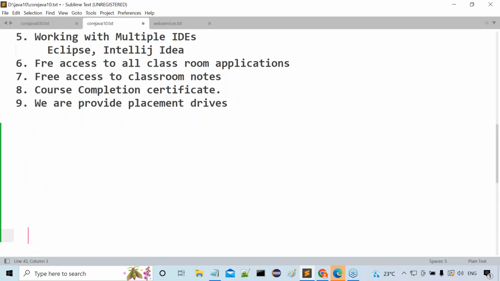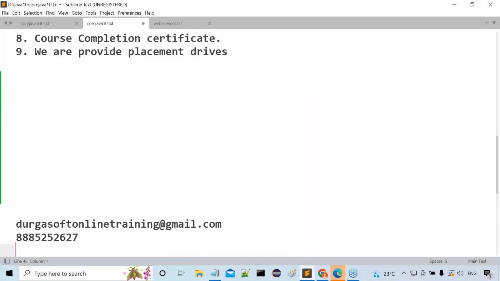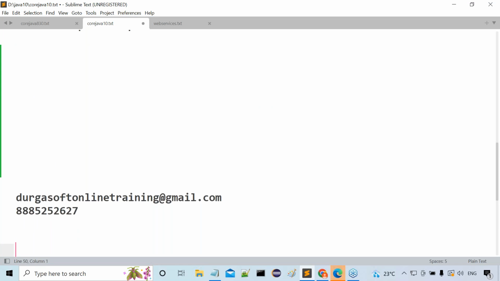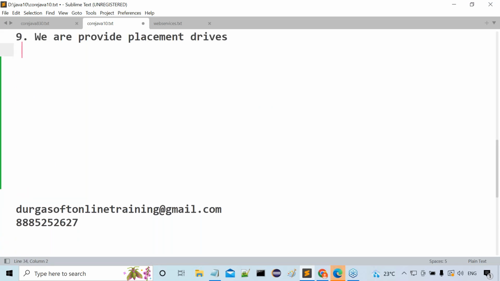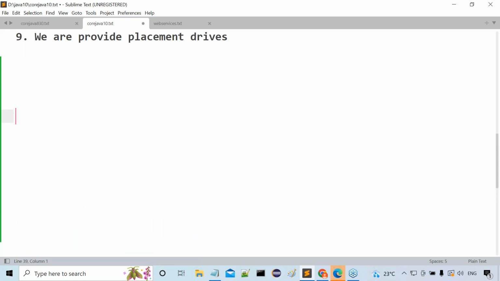Now today, I would like to start the Java programming language. Today, as part of the basic package, maybe as part of the complete Java package, maybe as part of the full stack Java package, core Java is available. So today I'm going to start core Java. In core Java, first of all, I want to start with the introduction.